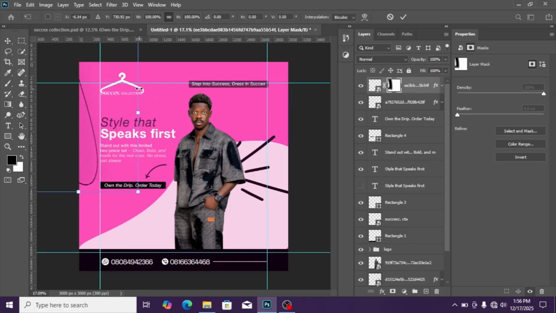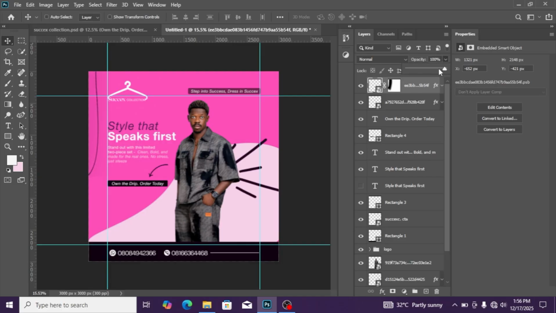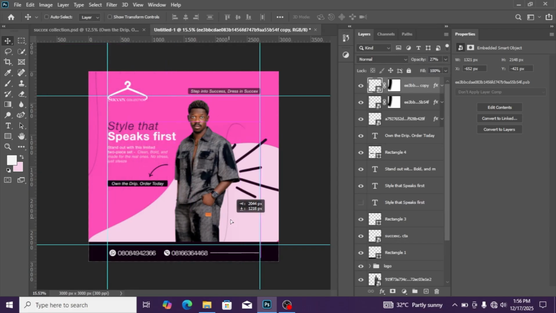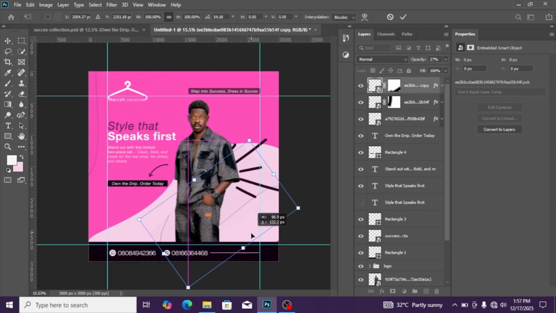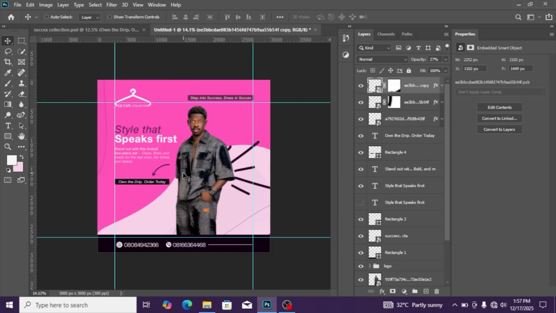Let's see. Reduce the, so Ctrl J, Ctrl T, it's here. So we are actually done with the design. Amazing design in Photoshop. But the last step,